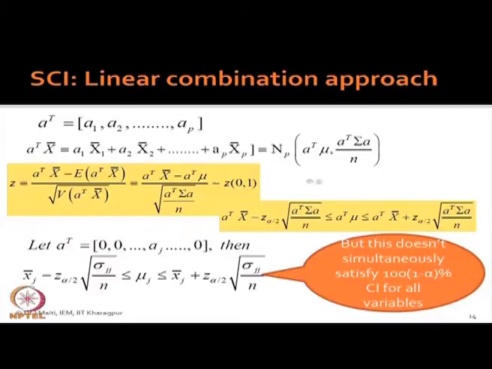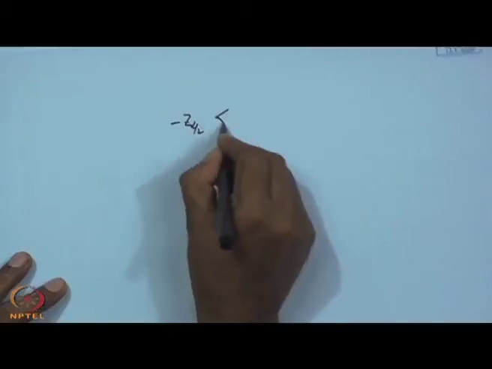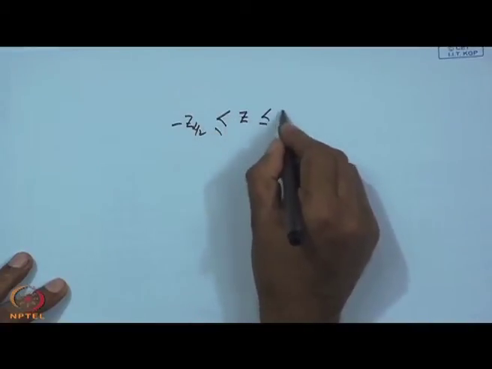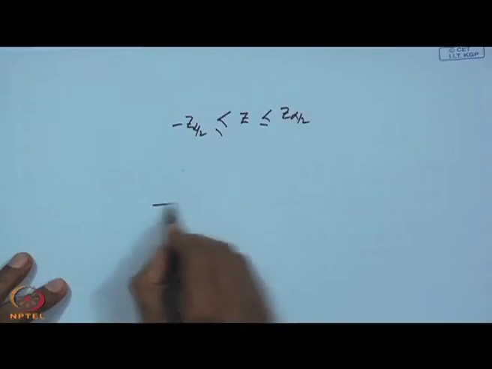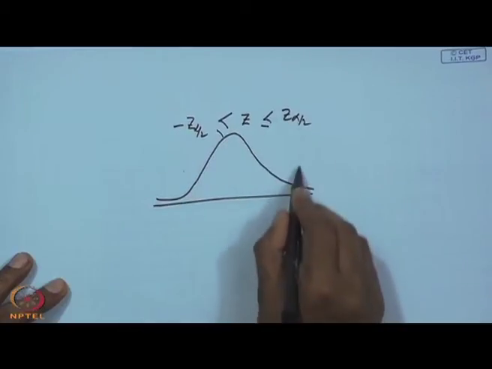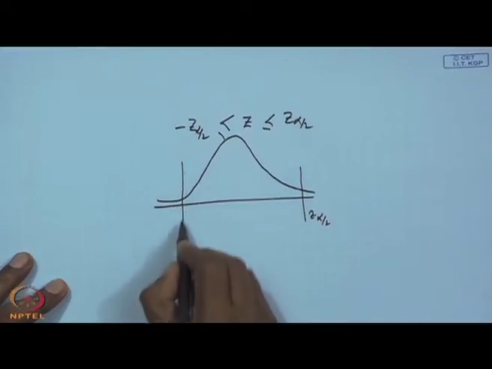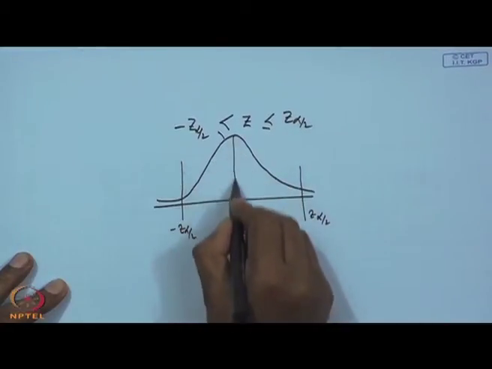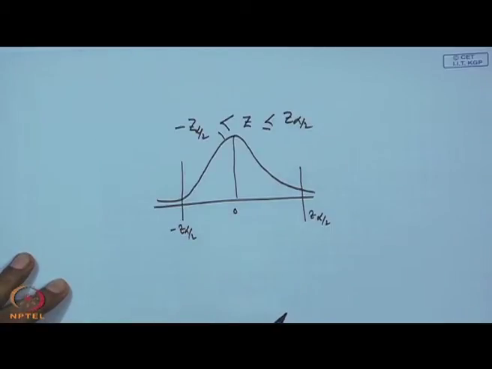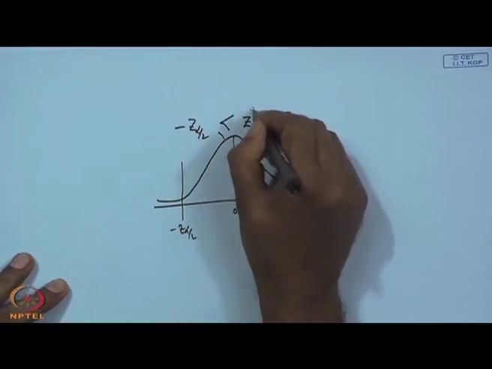Now, if we derive this quantity in this manner, you will get the Z distribution. If you know this quantity is Z distributed, can you not create the interval? If I know something is Z distributed, all of you know that minus Z alpha by 2 is less than or equal to Z, which is less than or equal to Z alpha by 2. That is what we have seen in the univariate case. This is my Z alpha by 2, this is my minus Z alpha by 2, and this Z will be 0 definitely. Then you put the Z value here.